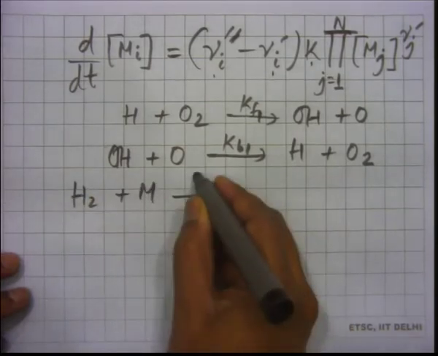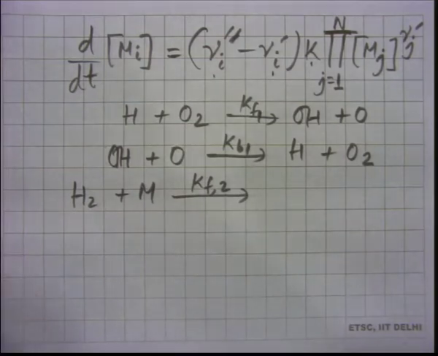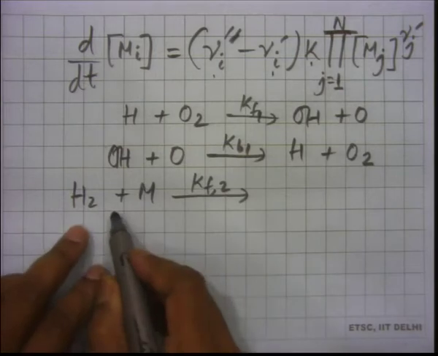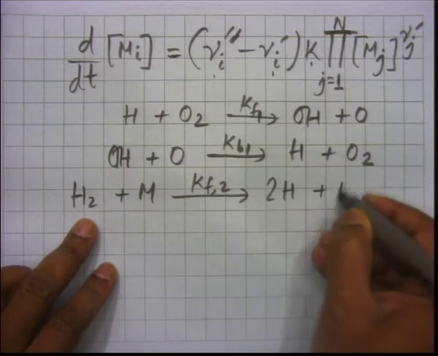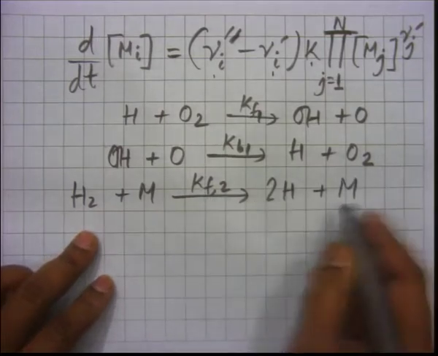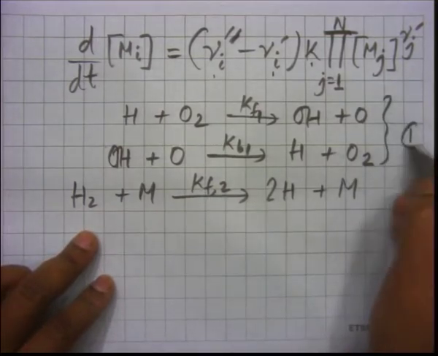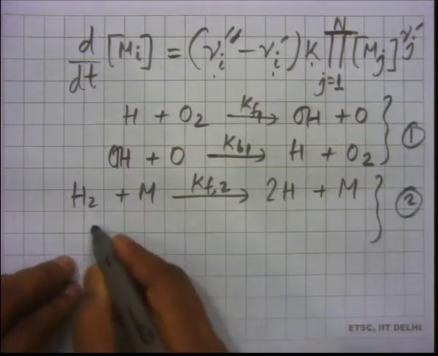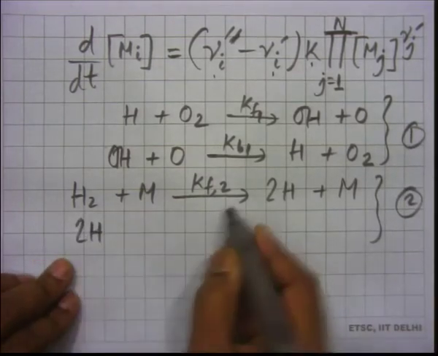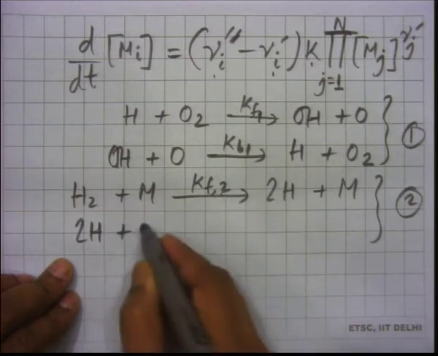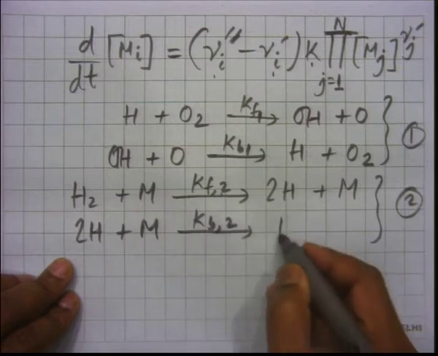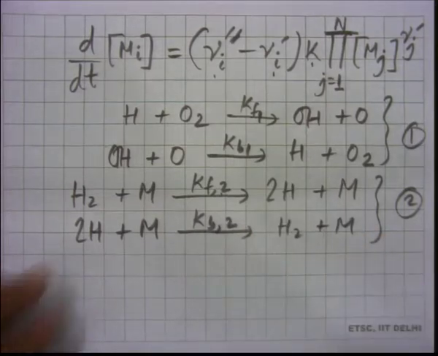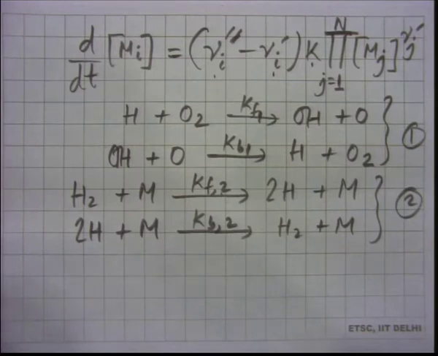Where am I getting these reactions from? These are actual reactions which happen if you have hydrogen, oxygen, this kind of a system. So, if you have such a system, then this also is likely to happen, and this is Kf2. So, this is the first set and this is the second set, and in the second set this is the forward reaction. I will come to that. This is a forward reaction and there is a backward reaction also.